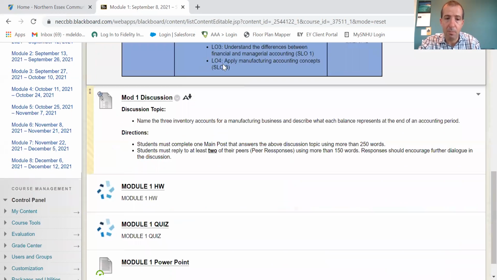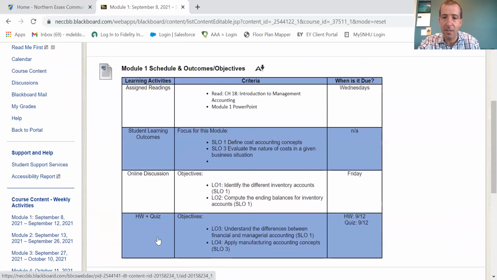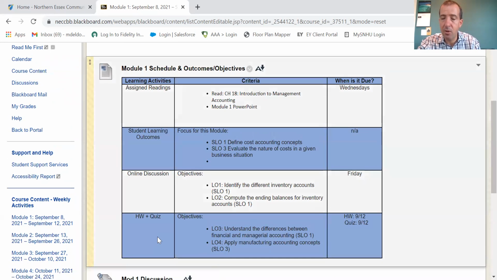And when we scroll down to the bottom of module 1, you'll see we have a PowerPoint deck. It's roughly 35 to 40 slides. It's also available on the ebook, or if you have a hard copy as well, in the chapter 18 chapter. So